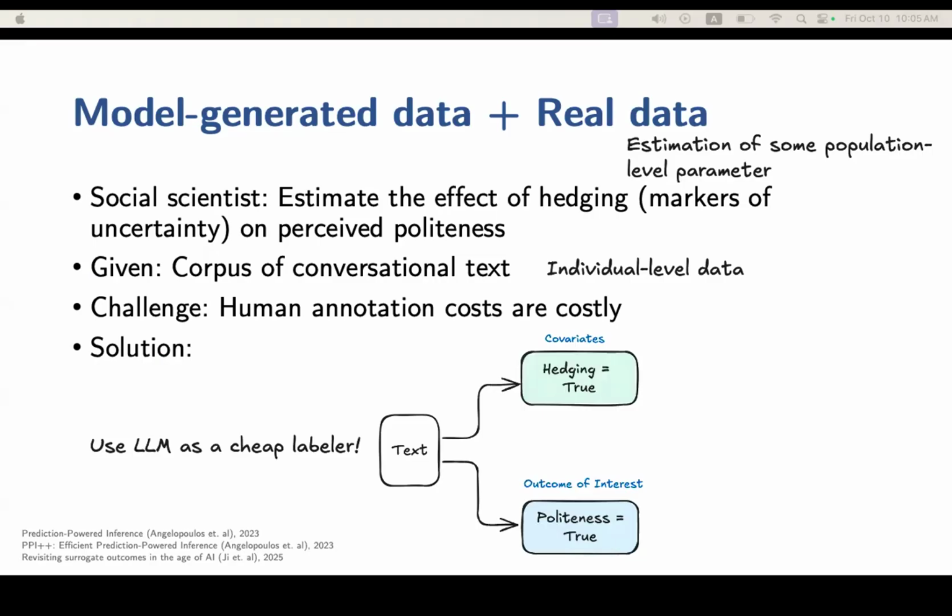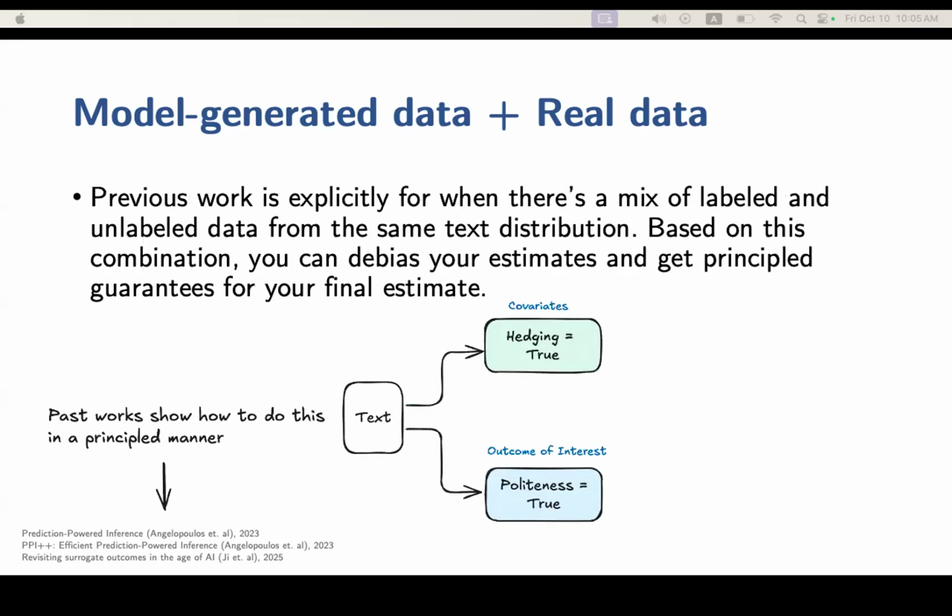And a potential solution that a lot of practitioners have been employing is to use an LLM as a cheap labeler. And so you can use the LLM to obtain predictions for your covariates or outcomes of interest. And past works show how to do this in a principled manner. They show how to combine model-generated data in the form of predictions with real data. And it explicitly accounts for when there's this mix of